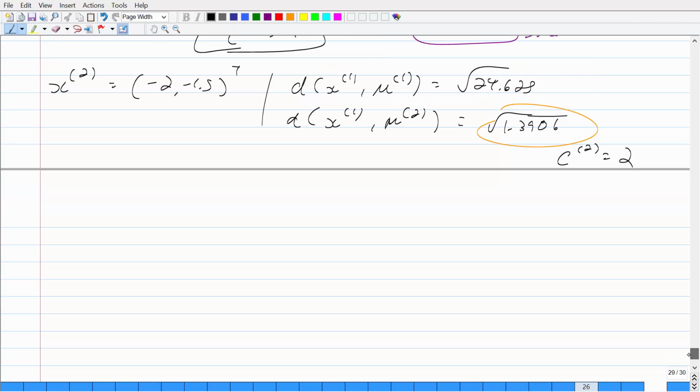Okay, now I'm just going to do it for the rest. I'd like to move on to something else. So the third example would be -1.5, -2. Sorry, this is 2, not 1. So when I calculate the distance between the third example and each of the centroids,